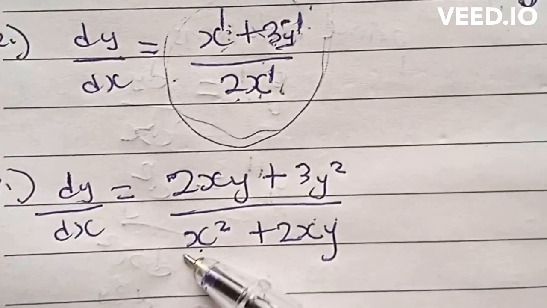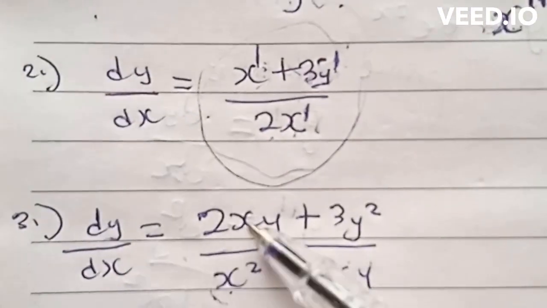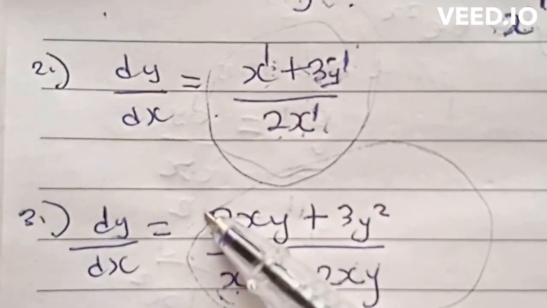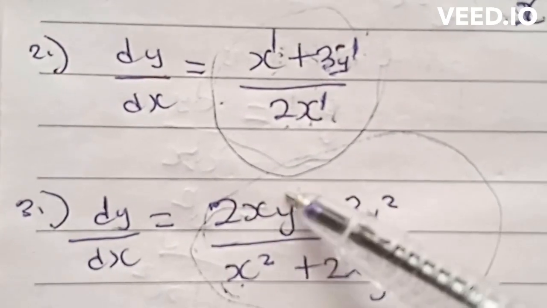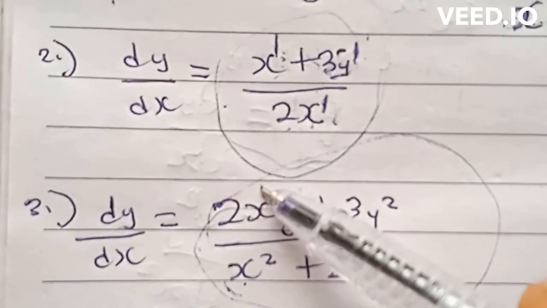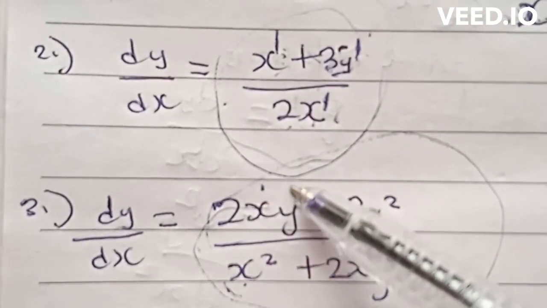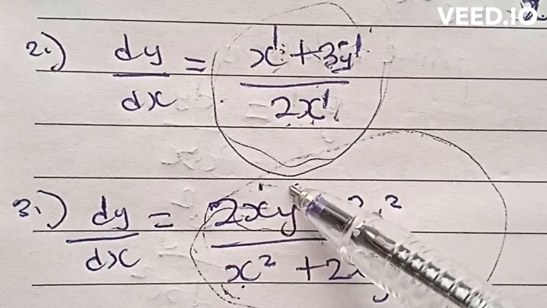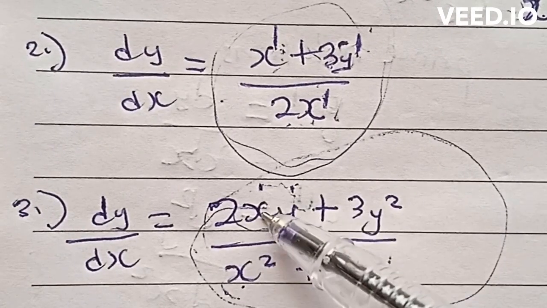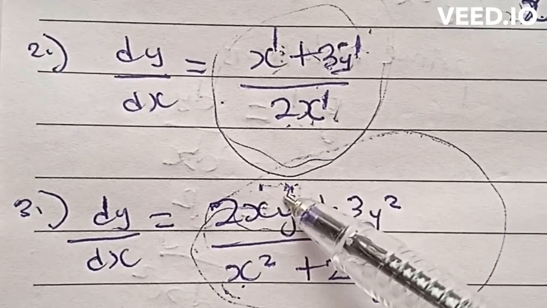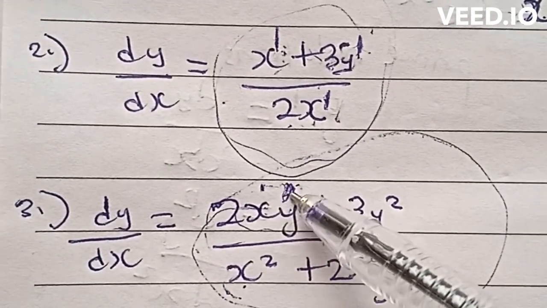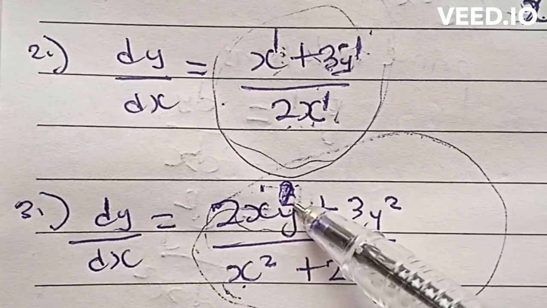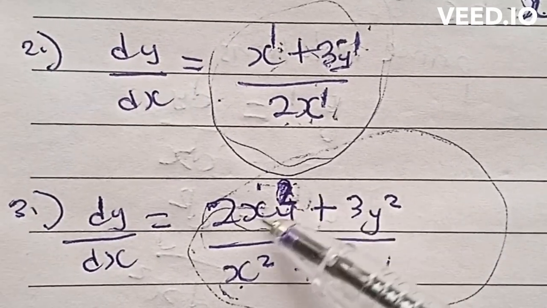In example number 3, we say that it is a homogeneous equation. Reason because x has a power of 1 when it was single, y has a power of 1 when it was single, but here they are married, so their power will be added, and when their power is added, it will be xy all raised to power 2. So x has a power of 2